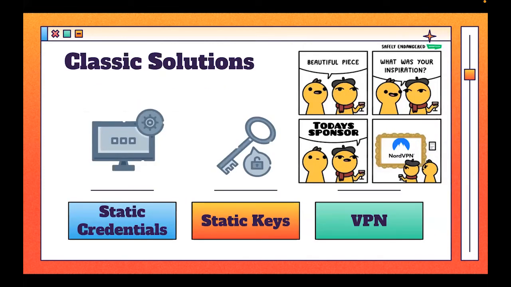So let's go through some classic solutions to the infrastructure access problem. The naive and most simplistic approach to access control is to create accounts with static credentials for each component of your infrastructure. This is tempting on a small scale because it requires the least amount of overhead. Most systems will have some kind of username password-based authentication mechanism you can leverage here, so it's pretty easy to